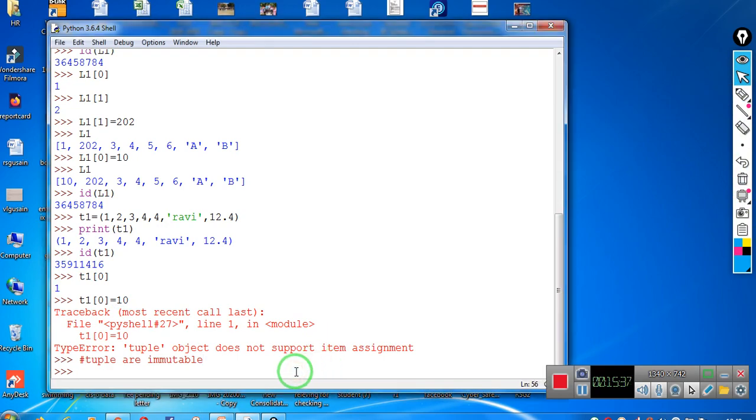So first, a list in Python represents a list of comma separated values of any data type between square brackets. This is the list that we have created. You can enter values of different data types, but they have to be separated by commas. If it is a string value, you will use double quotes or single quotes like I have used over here. If you want to access a particular value, you have to write its index number.